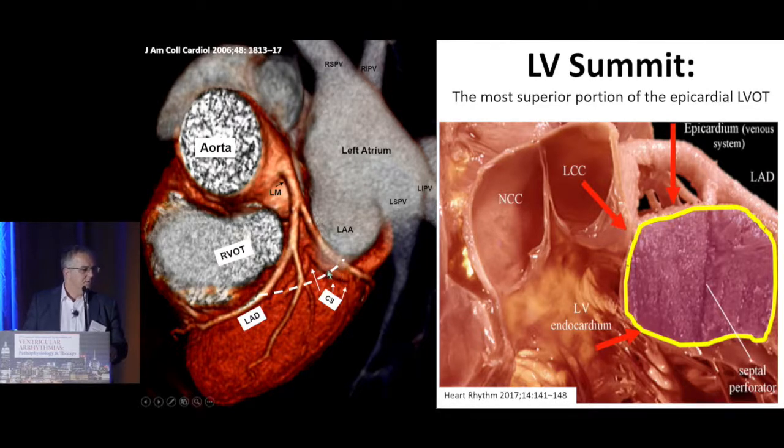This is what we would call the summit region, which is an area that is surrounded by the aortic cusp, left atrial appendage, we'll talk more about it, the CS, RVOT, and it is an area that is full of vessels and also full of fat. It's also important to keep in mind that this very superior portion of the septum, because of the presence of veins and even arteries in this region, we can treat intramural circuits using, as you will see,